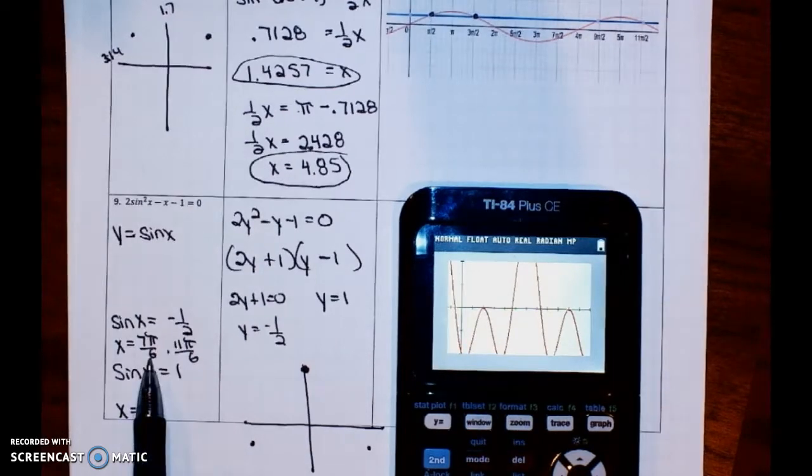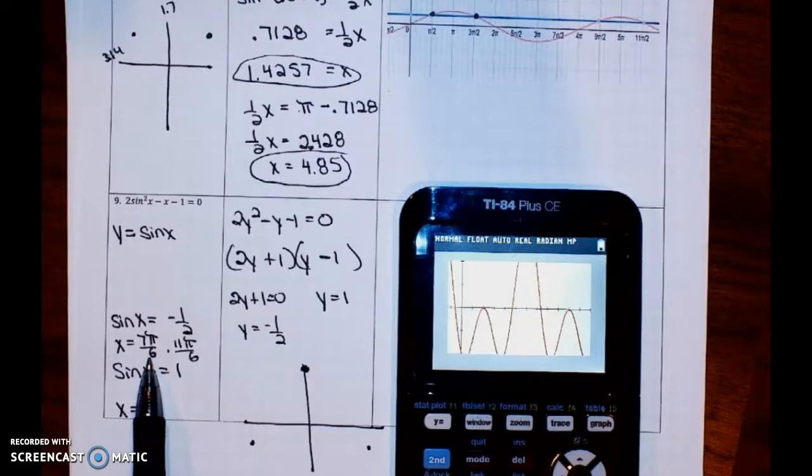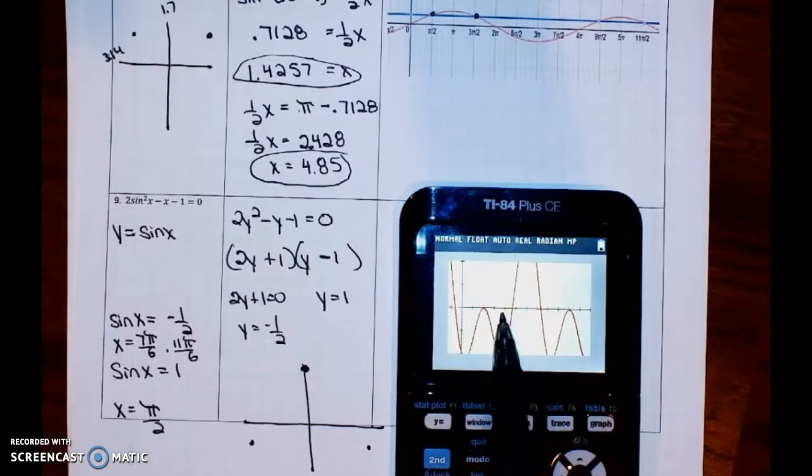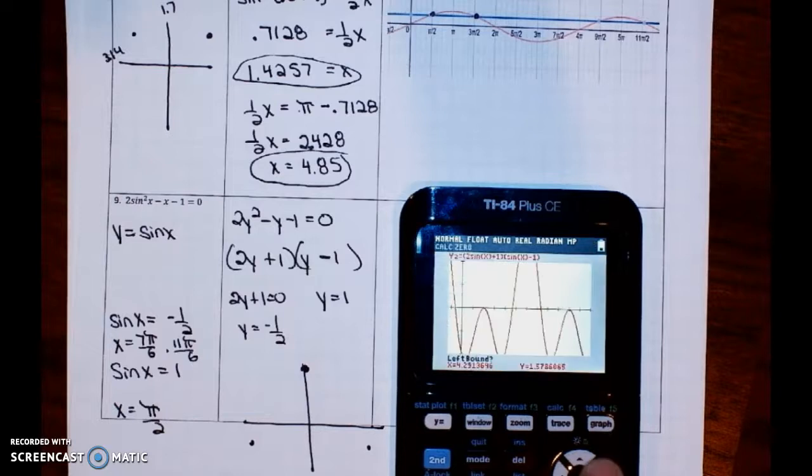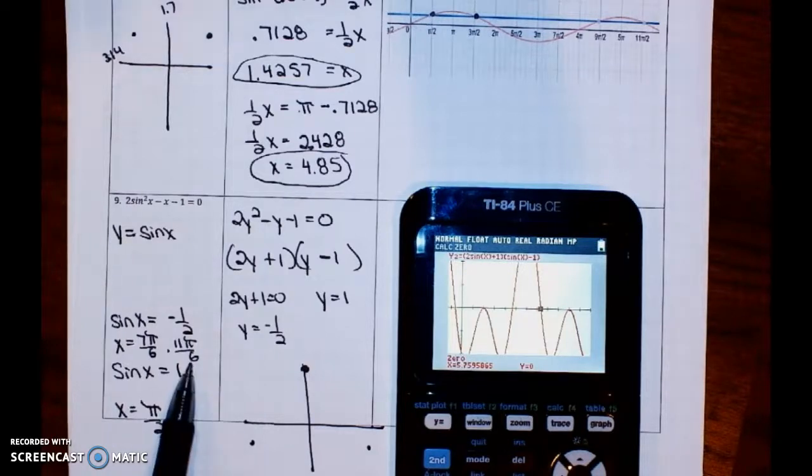7 pi over 6 would be a little bit larger than a pi. Well, right there would be my pi, so a little bit larger would be right there. I could always go and hit second calc and go find that 0 if I wanted. Let's go find maybe one of them. I guess let's find this one since we're sitting at that one. And we get 5.759. Hopefully that's equivalent to this 11 pi over 6. Let's go check it